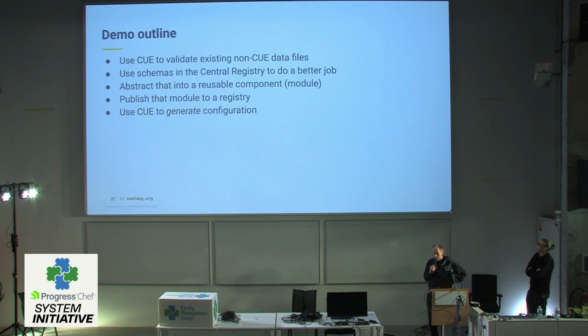I'm just going to show in a very bare bones way how you can use CUE to validate some non-CUE data files. This is a classic example where you might have some existing YAML or JSON and you want to write some constraints, so you can check that they correspond before you give it to the program to run. In this case, I'm going to use a Docker Compose file,